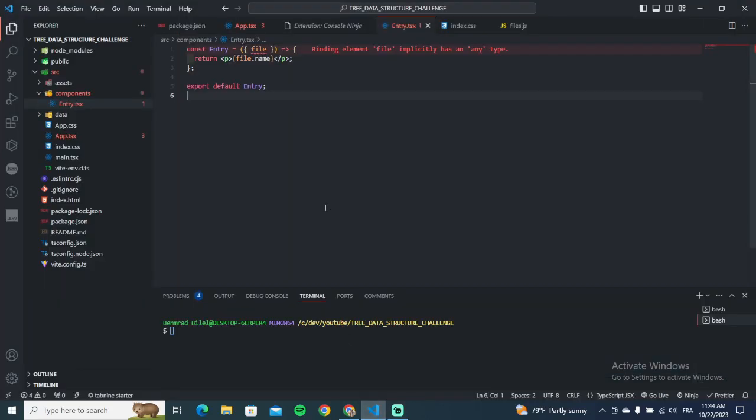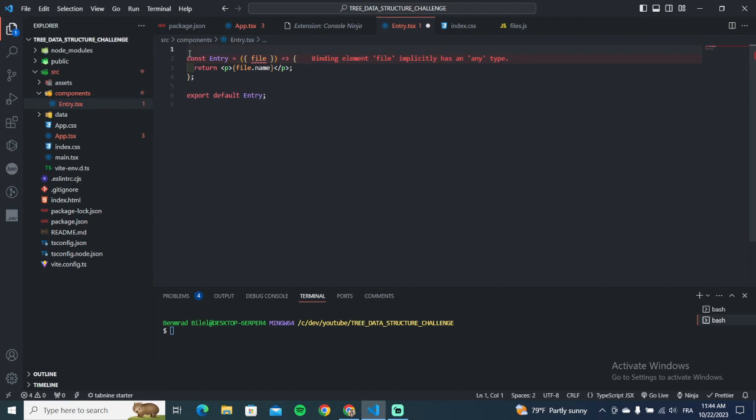Hello guys again. In the previous video I made a mistake. The extension of this entry file should be TSX, not JSX, for TypeScript. Okay, and I'm using TypeScript to be able to use the types of TypeScript. So I'm gonna create a new type for the file object. I'm gonna call it FileType